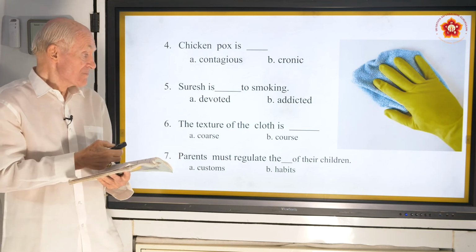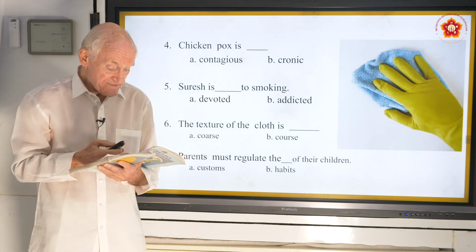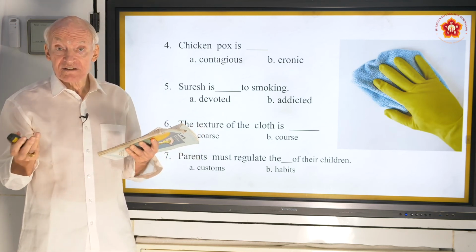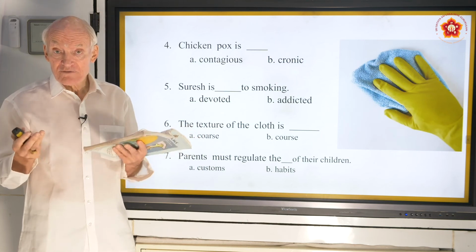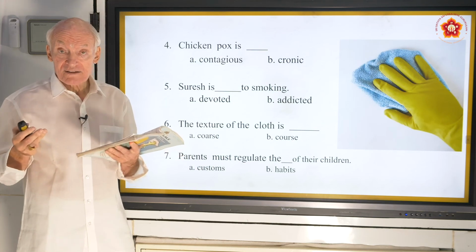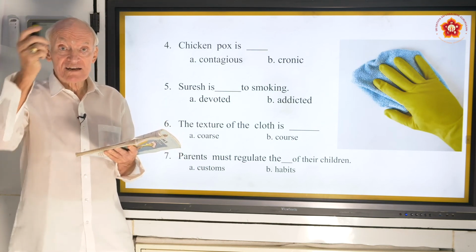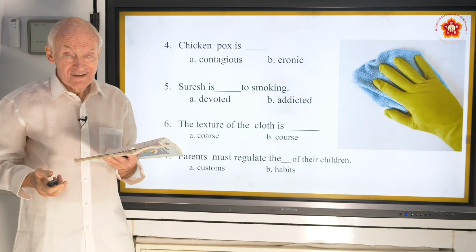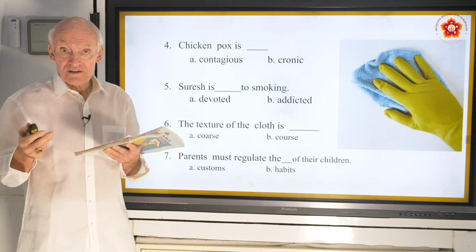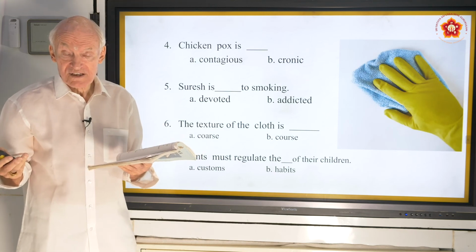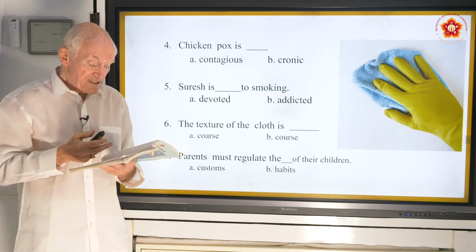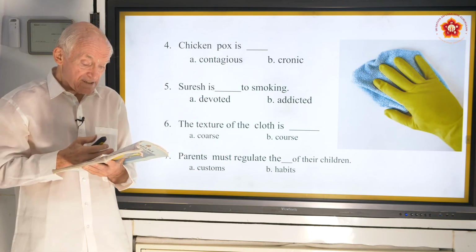Parents must regulate the habits of their children. That's the parent's job, to steer the child and regulate their habits in a proper way. Then the child can be like an arrow and be shot ahead as far as God wants them to go, if they have good habits. If they have bad habits, they'll be thinking about the world all the time and pleasures and things that aren't good for them. And they won't go as far as they could go. So that's the parent's job. They must regulate the habits,